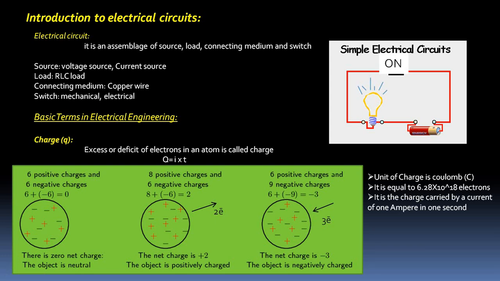When you are removing electrons or adding electrons, we have to do some work. The work done for adding or removing the electrons is stored in the form of potential in a charged body. We can see that by taking the example of a comb. This example is known to all of us.